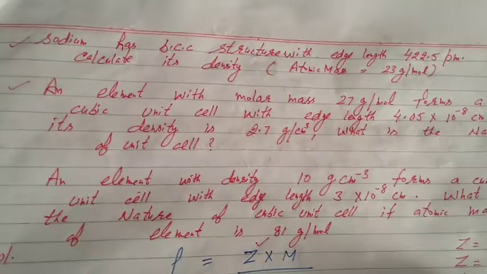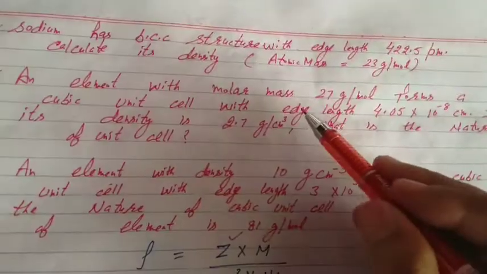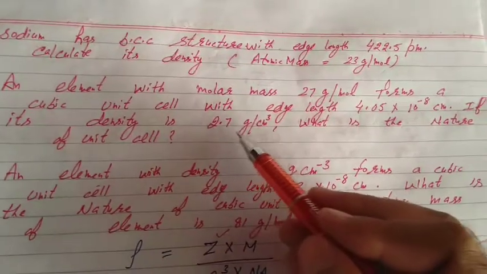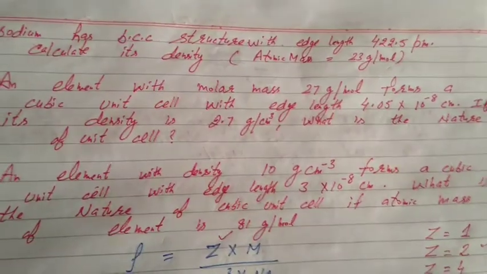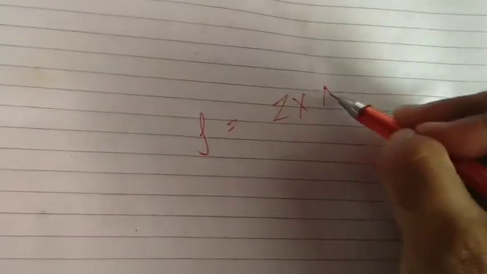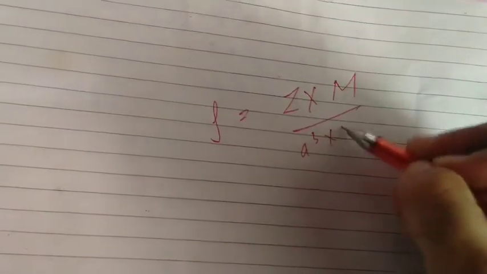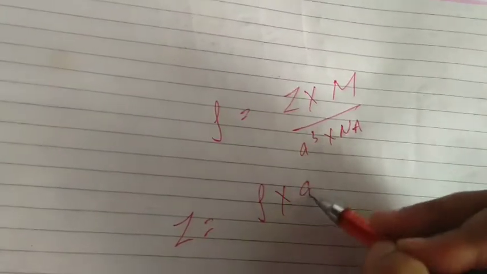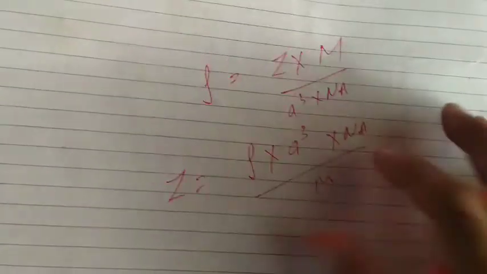That's the question, students, you have to do in this. The molar mass is 27. A length is this one. Density is 2.7 gram per centimeter cube. What is the nature of the unit cell? You know density rho is equal to Z into M upon A cube into Avogadro's number. We have to find the nature of the unit cell, that is, Z is equal to rho into A cube into Avogadro's number upon M. Now what are the values given in the question, students? The values given in the question are molar mass 27, M is